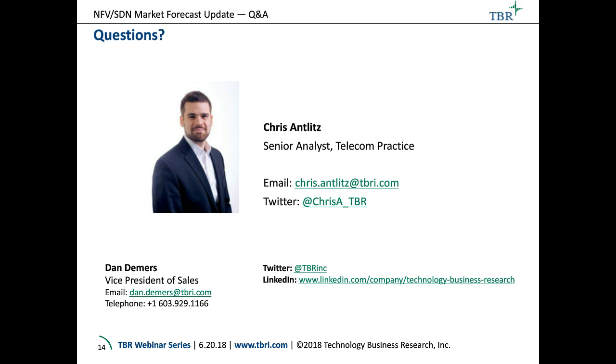The next question is, given the extreme cost pressures for operators and given that NFV SDN spend will continue to increase, what are operators reducing spend on? So when they're doing equipment refreshes, they're trying to move more towards the new models. So they're phasing out a lot of the legacy, and they're migrating towards the new platforms. So we see that manifesting itself